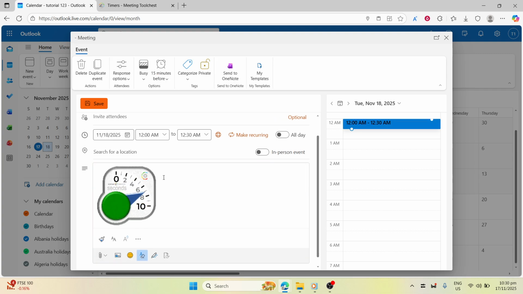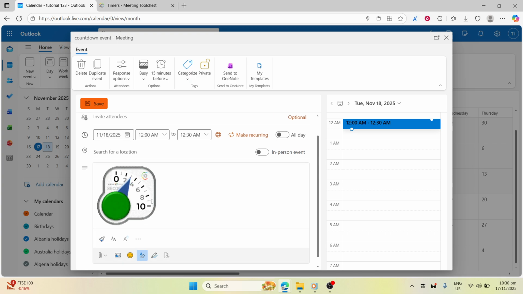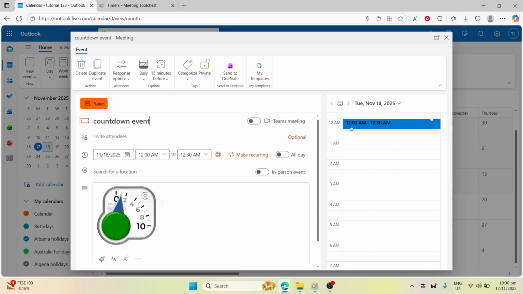You'll notice that the countdown will begin immediately once you've inserted the image, and it will continue to count down each time you open or save your event or message. This integration is seamless and doesn't require any additional setup, which is why online timer images can be a real lifesaver. Remember, this approach not only adds a visual and dynamic element to your Outlook events, making them more engaging,